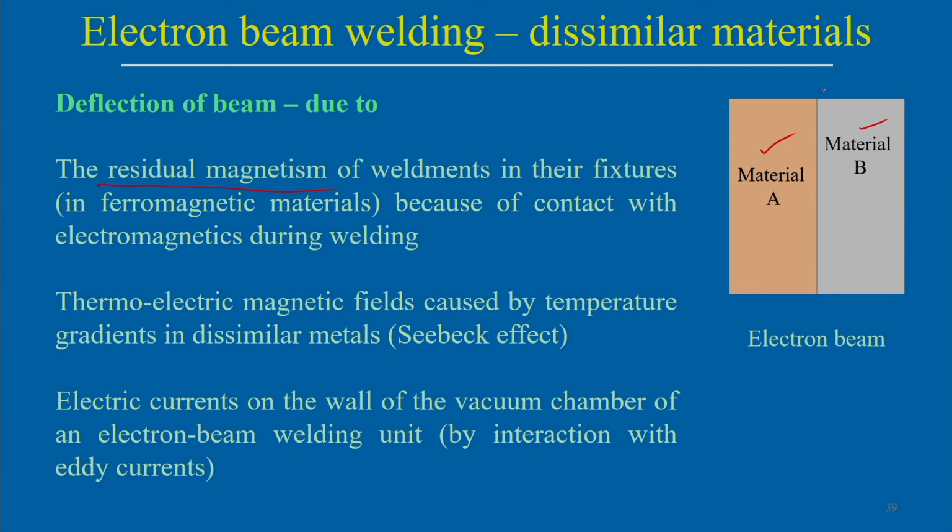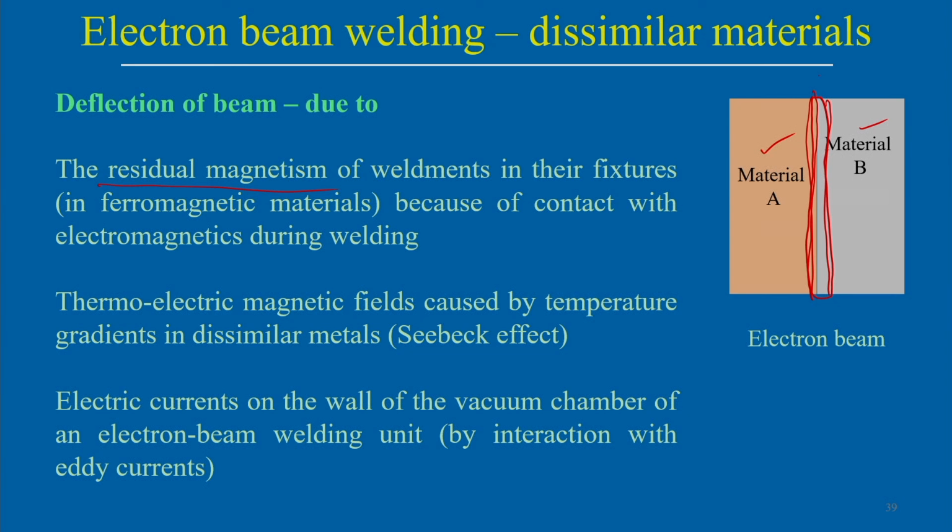Then, once we try to focus the electron beam exactly at the interface, so that it creates a high depth of penetration, the flow of the electron beam can be focused there. But practically, even when you focus at the interface, since the depth of penetration is very high in electron beam welding and the properties are different between material A and B, the beam may get deflected to either side of the material. So, it may not exactly fall on the interface. This is one of the typical problems associated with the electron beam welding process.